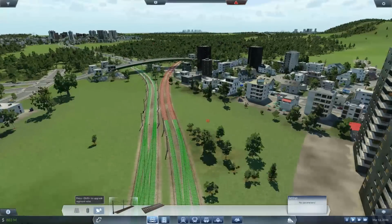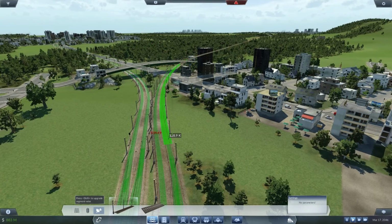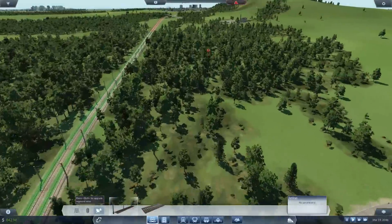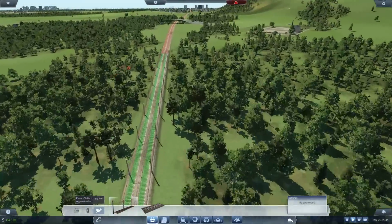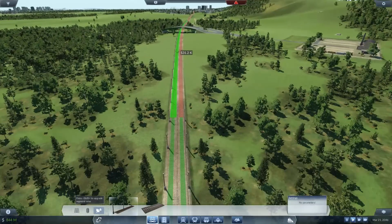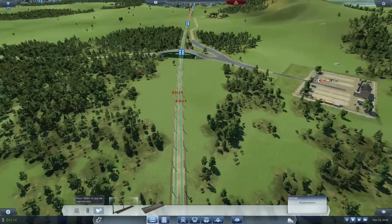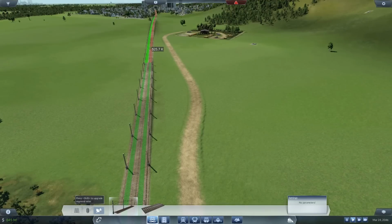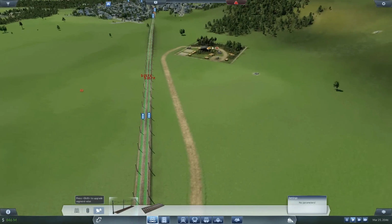Well, it seems to be quite obvious which bit isn't. Hang on, let's do all of that. All right, and then we need some more over here. I was running a diesel on here. Okay, how quaint. And then a bit more. Yep. And then